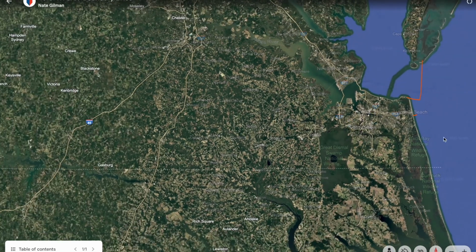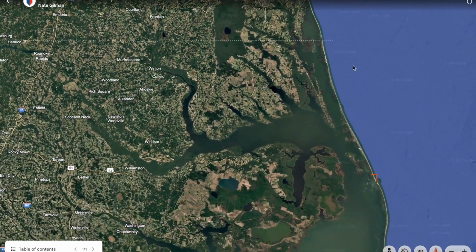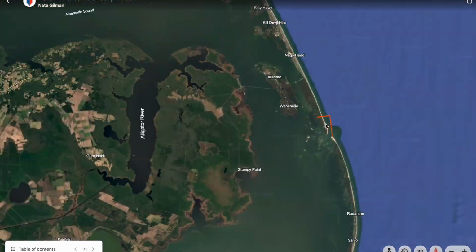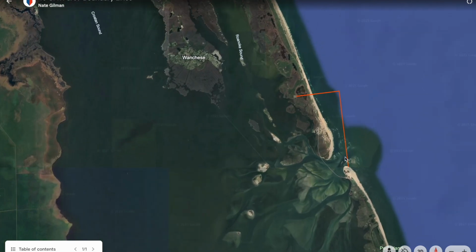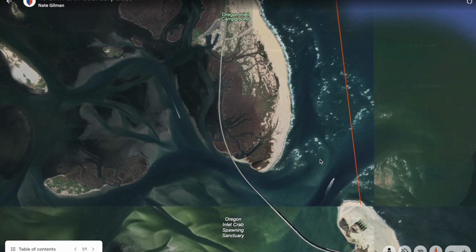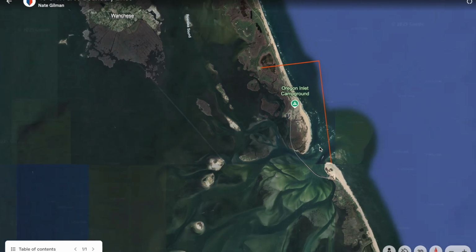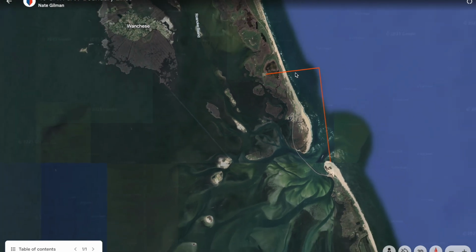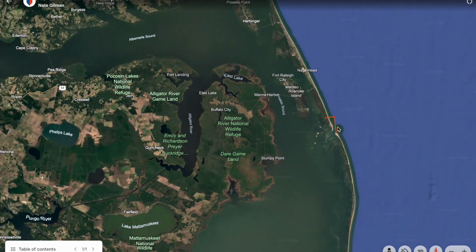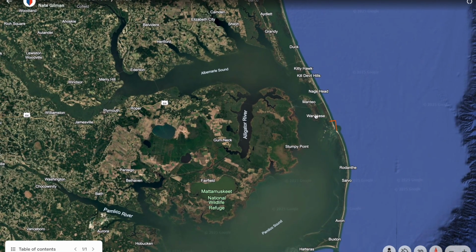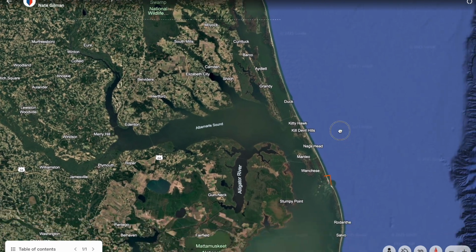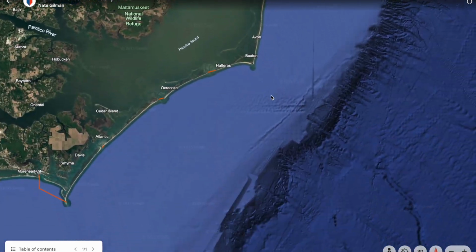As we make our way down here, we'll go down to the Carolinas. So you can see in the Carolinas, we got Oregon Inlet, where Oregon Inlet has a kind of jaunty line because of the shifting sandbars. But all of Pamlico Sound is all inland. You have to be outside of the Outer Banks to count as near coastal.